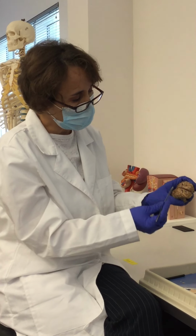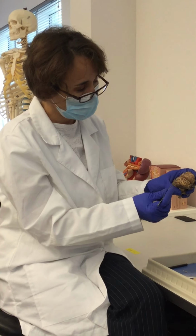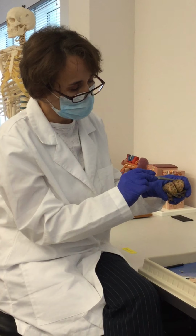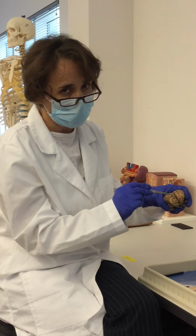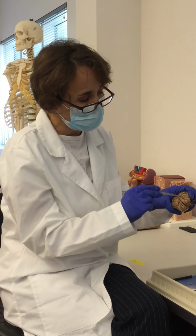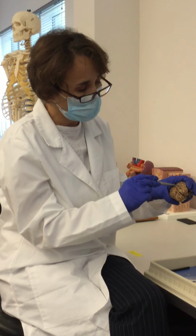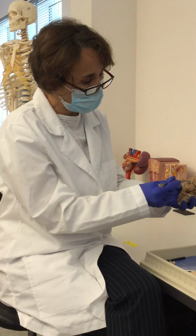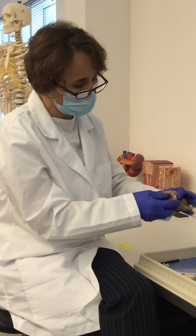Now, in general, the structure of the brain will be made by the cerebral cortex, which is gray matter. That's where we have the neurons. And we have indentations that are called the gyri. And then we have sulcus, like this one, that is located between